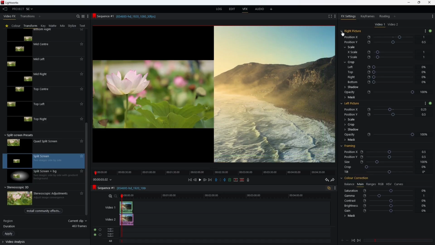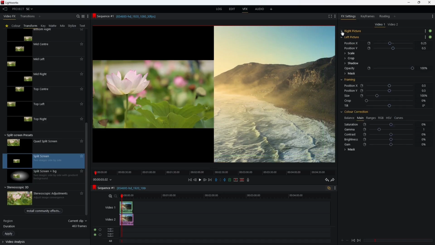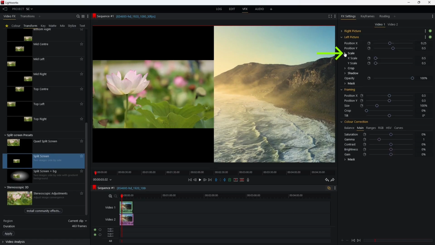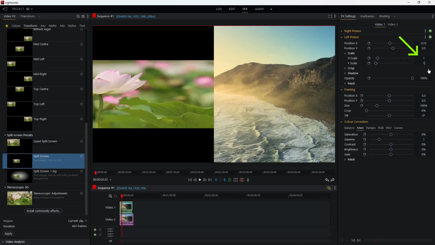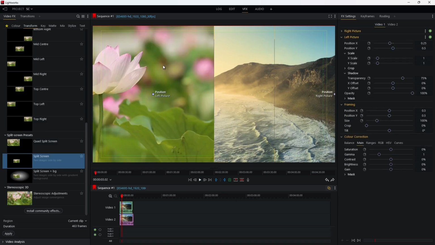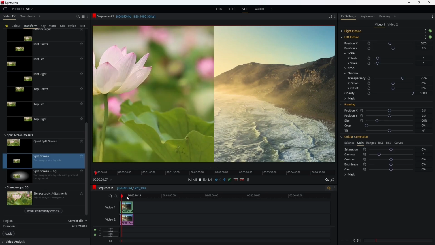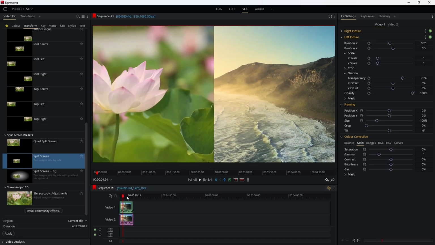And now I can close this right picture settings, and on the left picture settings I will do a very similar thing, just change the scale to 1 and 1, and that's about it. Now if I play the video,